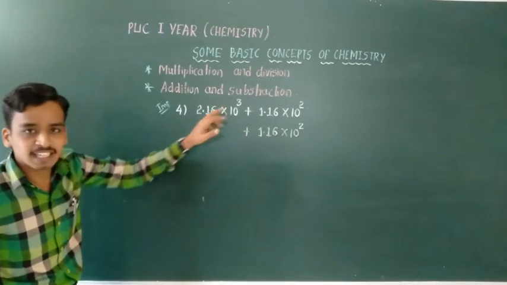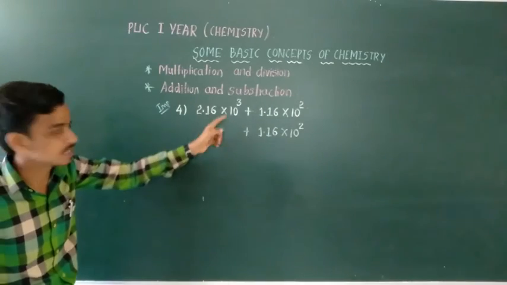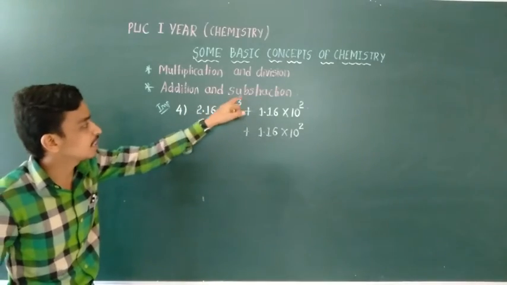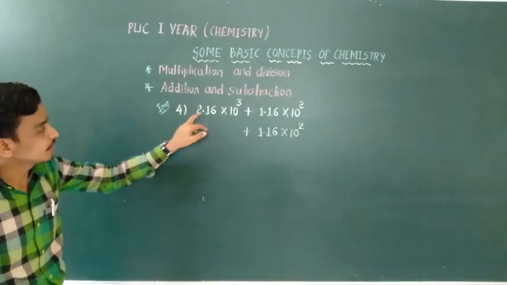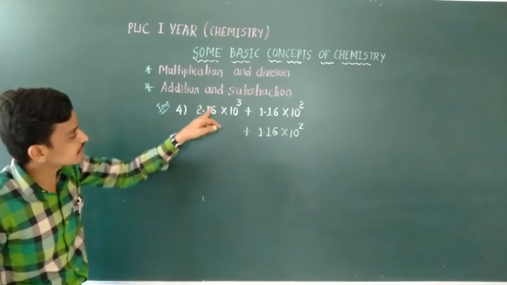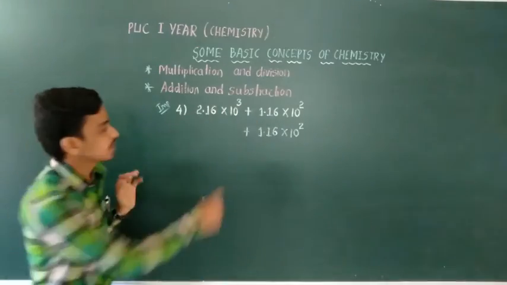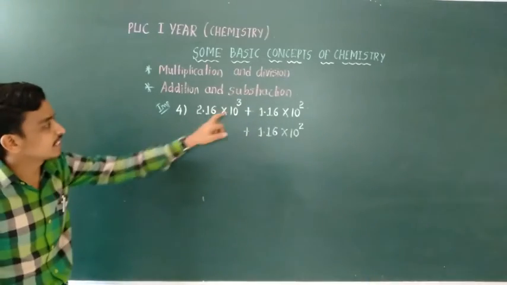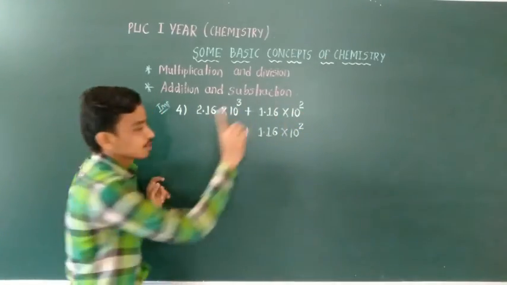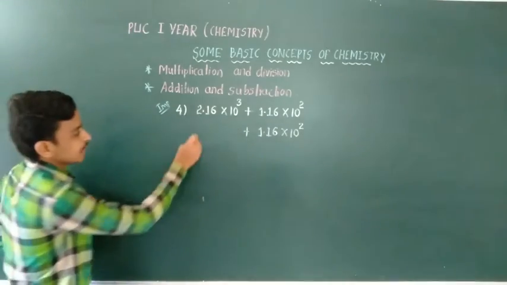The plus 3 indicates that the present decimal point should shift towards the right side by 3 times to make it 0. That means if we shift the decimal point 3 times to the right, the number can be written with 10 raised to 0. That means 2.16 becomes 21.6 with 10 raised to 2, 216. with 10 raised to 1, and 2160. with 10 raised to 0. But our intention is not to make this 0. To save it as 10 raised to 2, we should shift the present decimal point by only one time, then it becomes the same number.